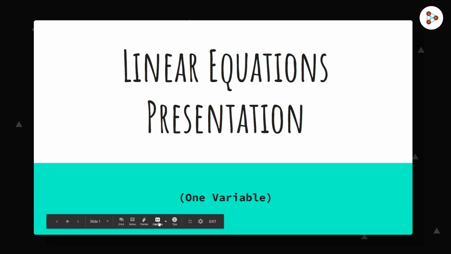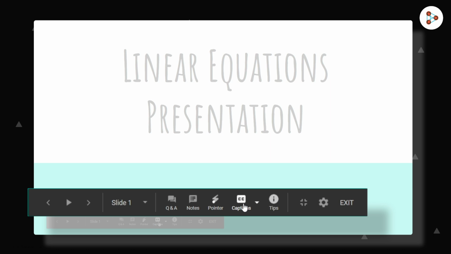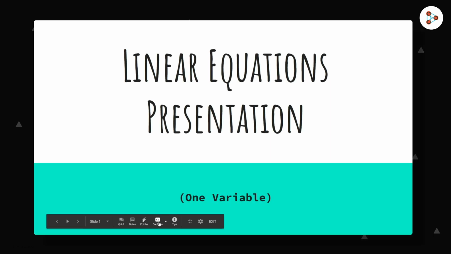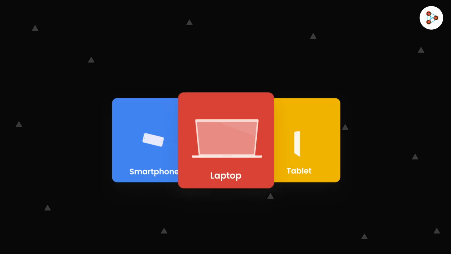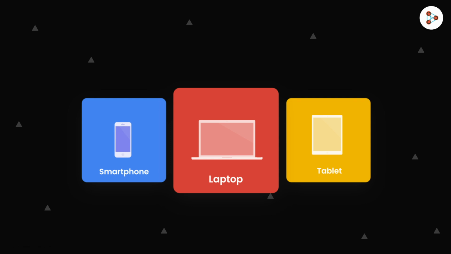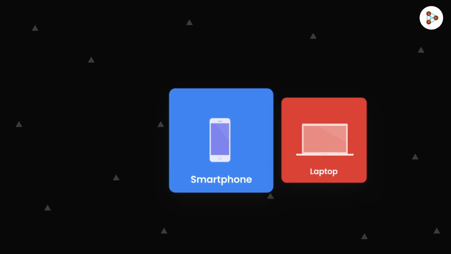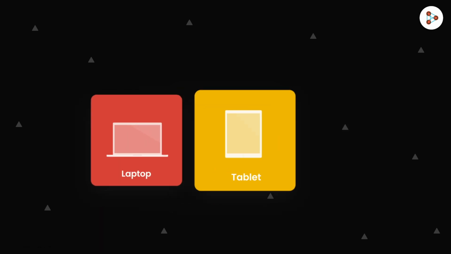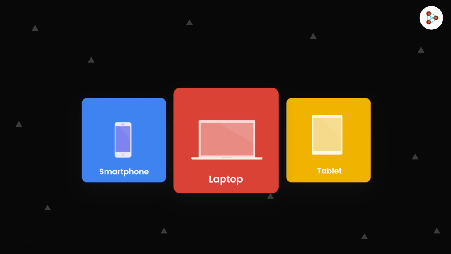I know you'd be surprised to know that so many options exist with this one simple tool. If you practice and get better at Google Slides, then you could share your presentation not only with your students, but also with the rest of the world. Like most Google products, you can use Google Slides on any smartphone, laptop or tablet. You can even edit it while you're offline and it will sync changes once you go online.